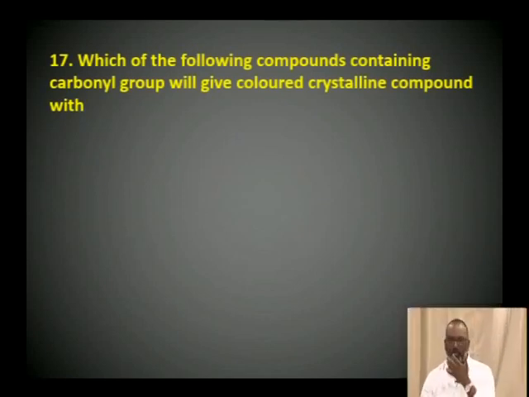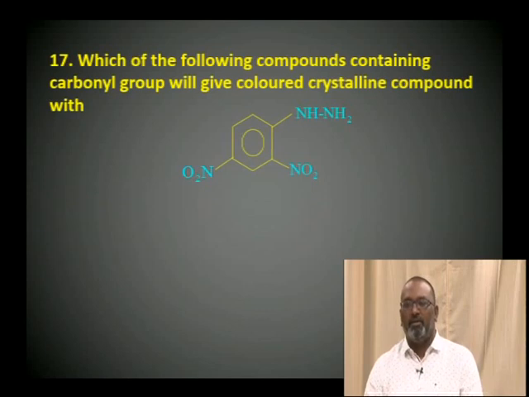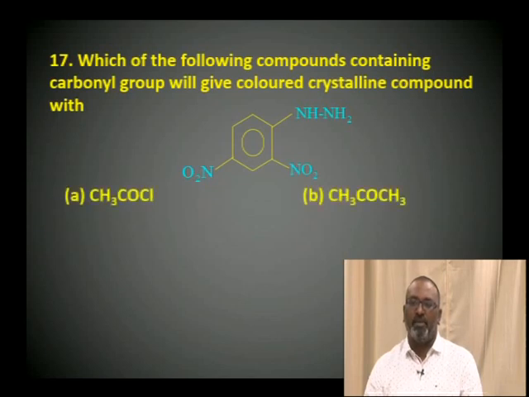Which of the following compounds containing a carbonyl group will give a colored crystalline compound with the given structure, 2,4-dinitrophenylhydrazine? The options given are